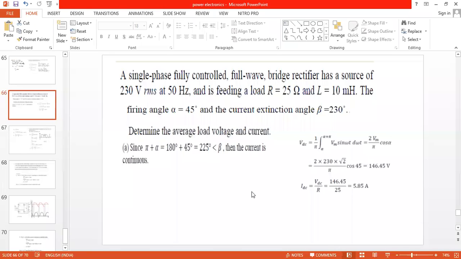Now what is I? I equals VDC by R. Any problem they are giving, you must use this one. Now tell me, anyone, what is case 2? Case 2 is with freely wheeling diode. With freely wheeling diode, what is the output voltage? The formula I am asking now. All the students, come on, anyone. Vm by pi into 1 plus cos alpha.